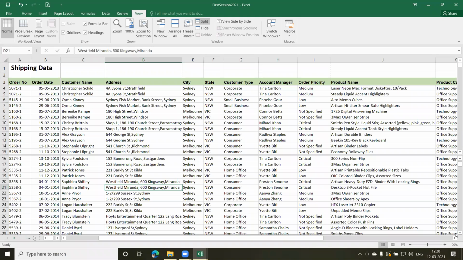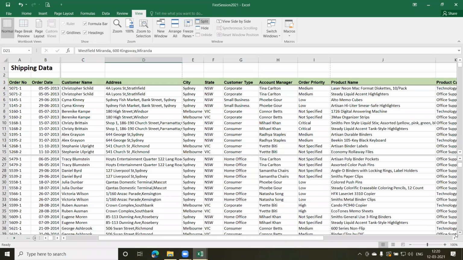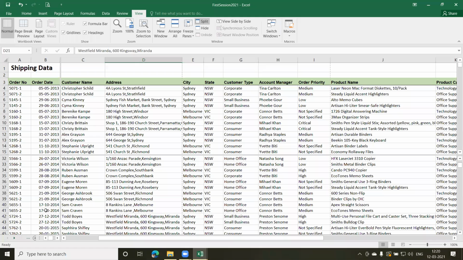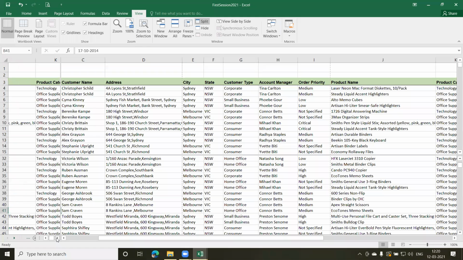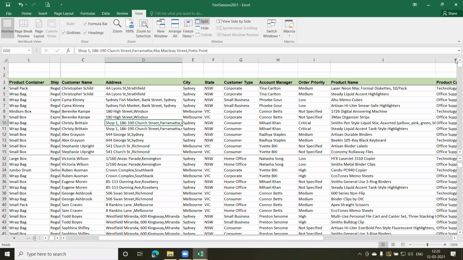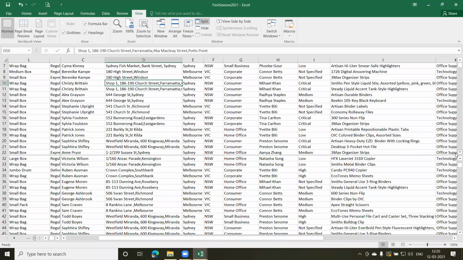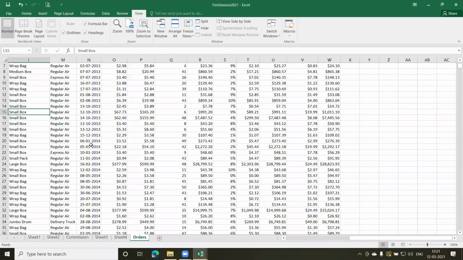Now, if I scroll down here, the rest of the thing you can see it's moving here. Now, when I come here and I scroll across, you can see this one moving. Okay. Similarly, you can do it here. Fine. Come down, it is moving. So the actual one window has been split into 4. Okay, if you want to unsplit this, I remove the split. Okay, let us go back here.